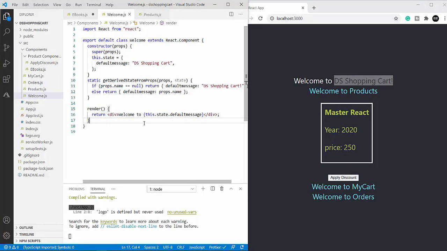Next is componentDidMount. The componentDidMount method runs after the render method. So whatever actions or logic you want to run when a component has already rendered, you can include inside your componentDidMount method. Remember, in componentDidMount, we can update the state object also.